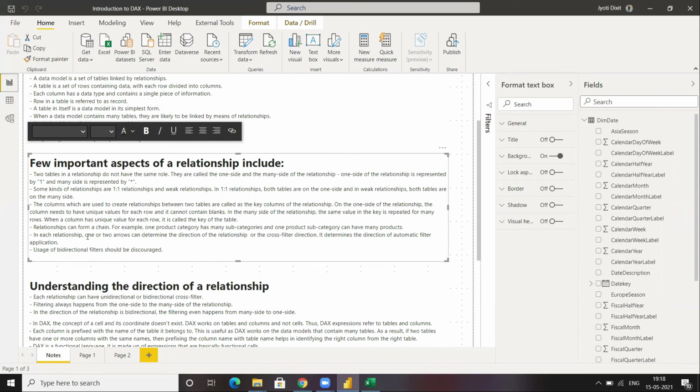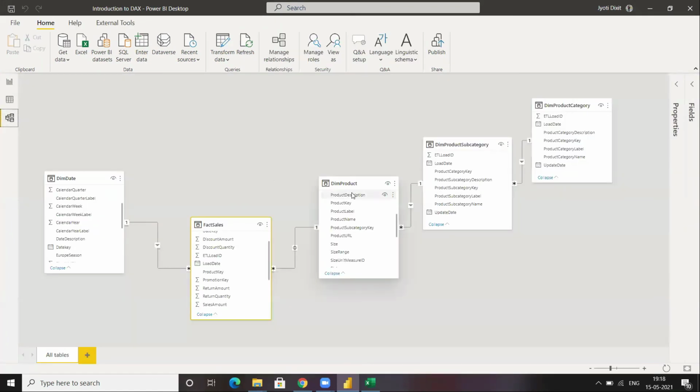In each relationship, one or two arrows can determine the direction of the relationship, or the cross filter direction, which I just told you. It determines the direction of automatic filter application. So usage of bidirectional filters should be discouraged. So yeah, this is important.